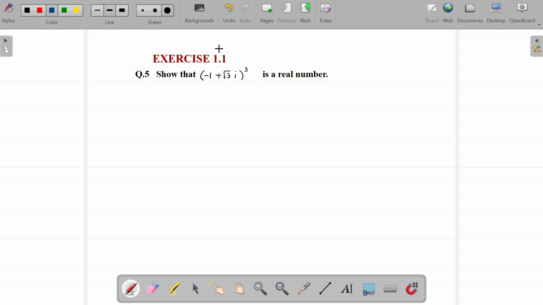Hello toppers. Today we will see Complex Numbers, Exercise 1.1, question number 5. The question is: show that (-1 + √3 i)³ is a real number. Let's see the solution. We know that